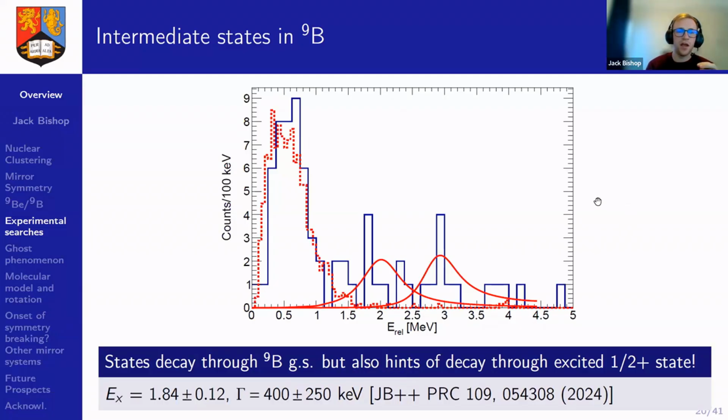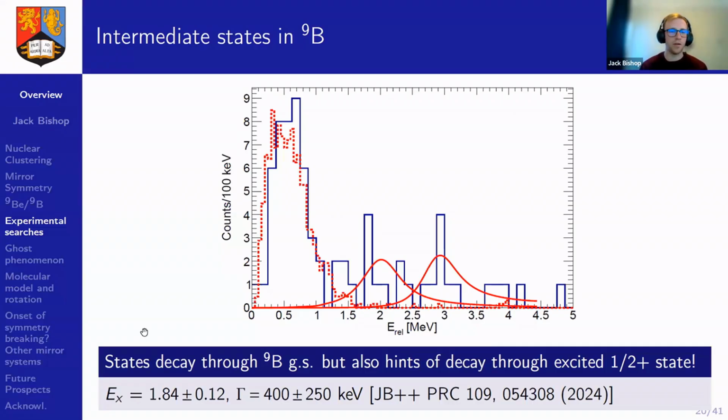So what we have on the screen is the relative energy between 2 alpha particles and a proton. This first peak, with the dashed red line, is the contribution we expected to see from the ground state. But we also saw additional high energy contributions. Now, of course, the statistics here are very poor, but this is possible proof that we're seeing states decaying not just through the boron-9 ground state, but also through this